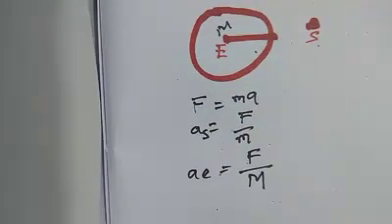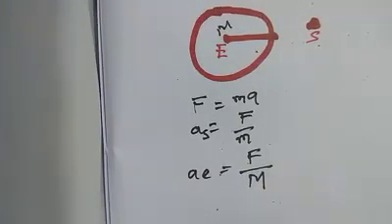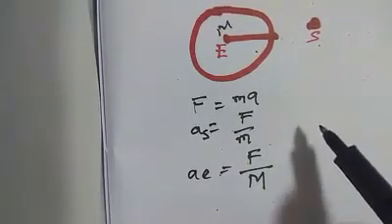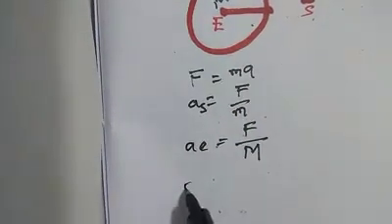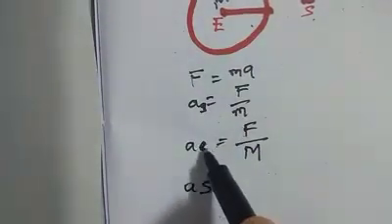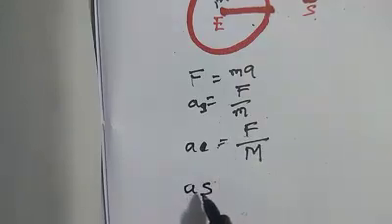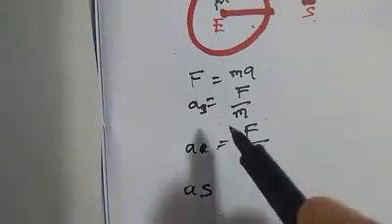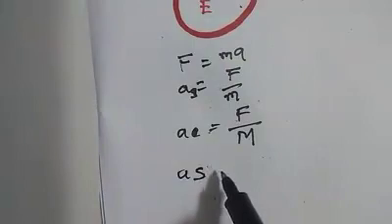Now what we can find is the acceleration in terms of the stone. This is acceleration, F by M. Now, if I want to calculate the acceleration of the stone, acceleration equals force by mass. And what is force? This is force. So I am calculating the acceleration of the stone, so I will take G